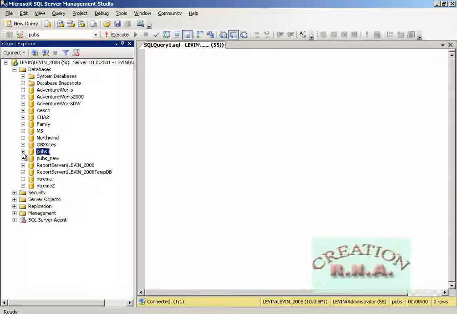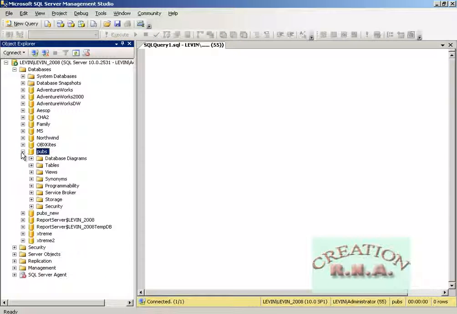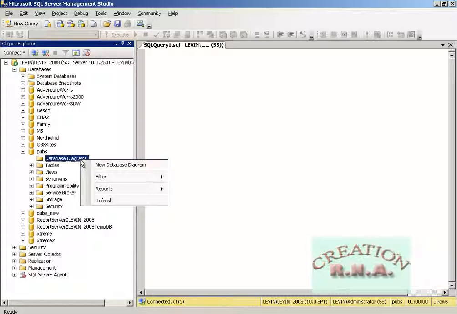I will show it to you. Clicking the plus, it shows you the database diagrams. Click the database diagrams plus box. If there are any, it will show you the names of the diagrams. If there aren't, it will not show you any. You can start a new diagram by right clicking and selecting new. There aren't any, so I'm going to say new database diagram.